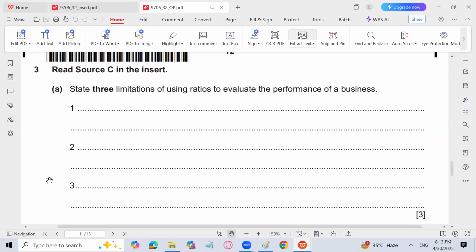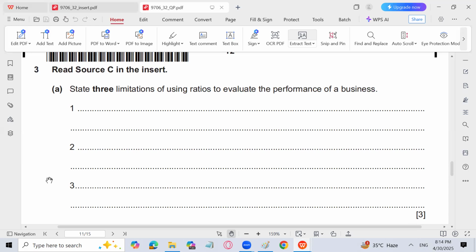Although we are using ratio analysis to compare our business results with the competitors or with our previous year, if we are going to compare with competitors, different accounting procedures can be adopted by different businesses, so comparison might become difficult. Then the size of the business and the location of the business also matters, because different